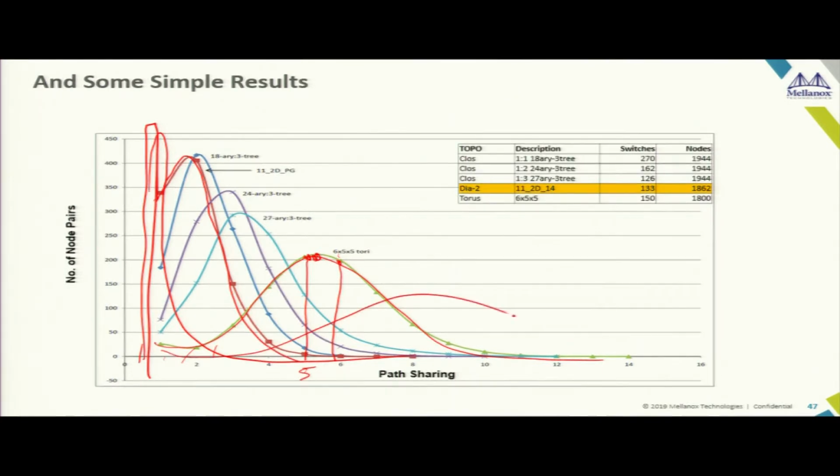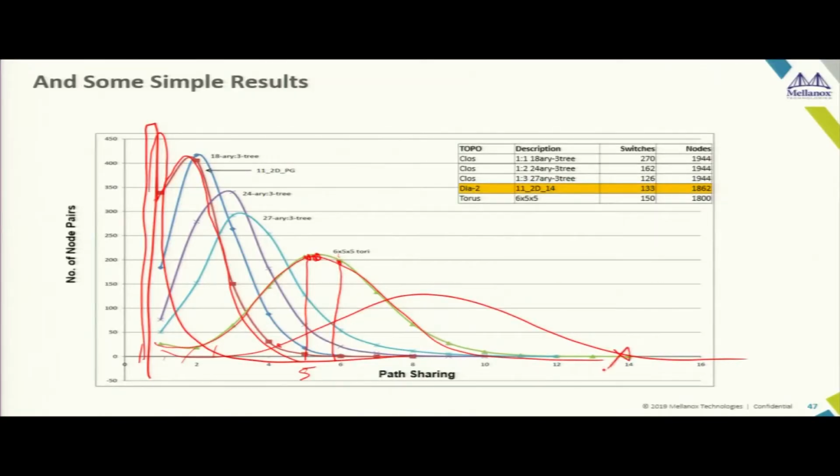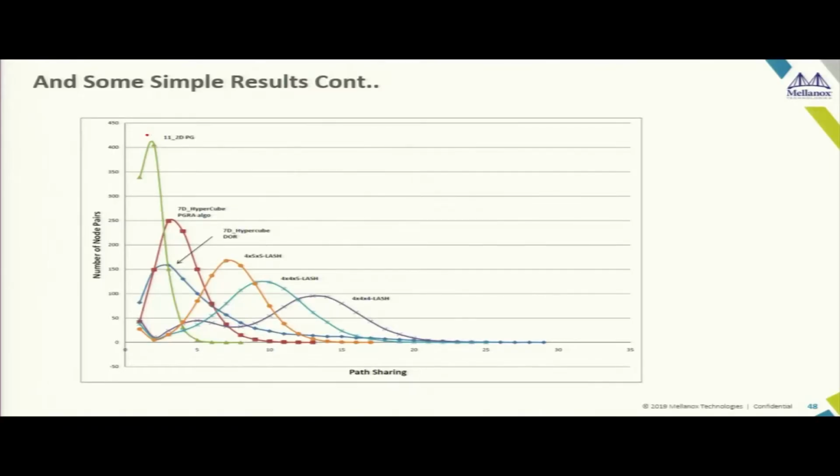The more flattened network means it is very distributed; there are many nodes which will experience 4 times oversubscription, many nodes which might even experience 14 times oversubscription. And this is very, very bad for a parallel job, because in a parallel job, it is always the slowest guy which actually defines the outcome. Unless the slowest guy has finished its iteration, the next iteration cannot start. Everybody has to exchange their data, right? So you need to have a network which has very good non-blocking characteristics, and it is like this.